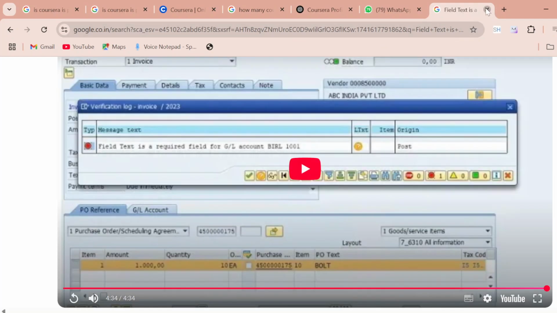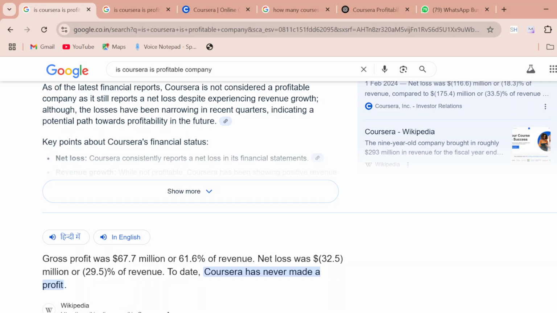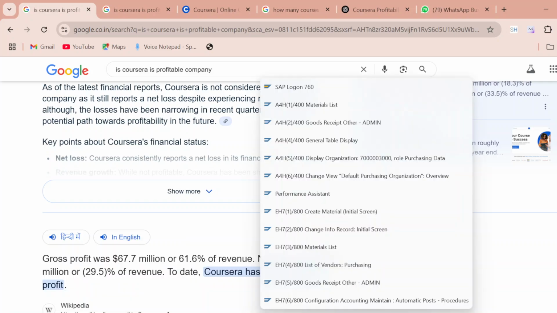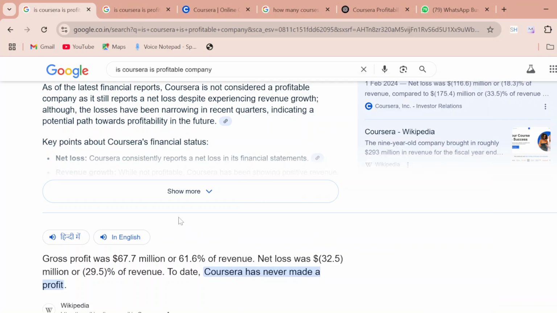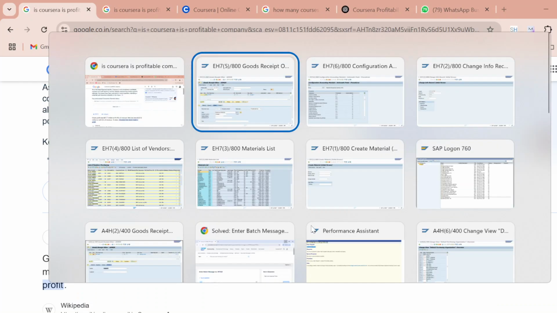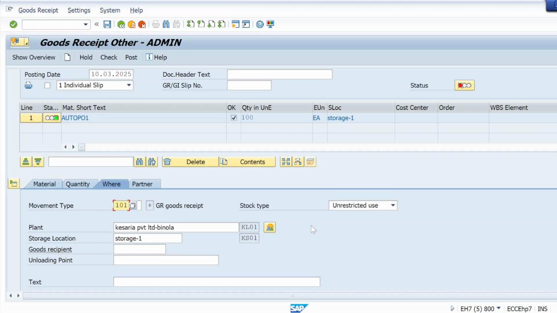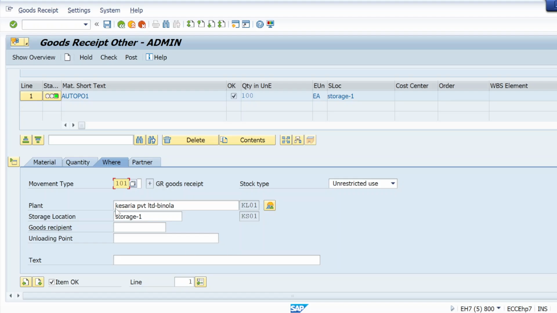Okay, so let's see how he has resolved. Let's try to check that. Okay, this is an FI error, but let's see how to resolve it. If he has checked, let me try with this also. FS 001.